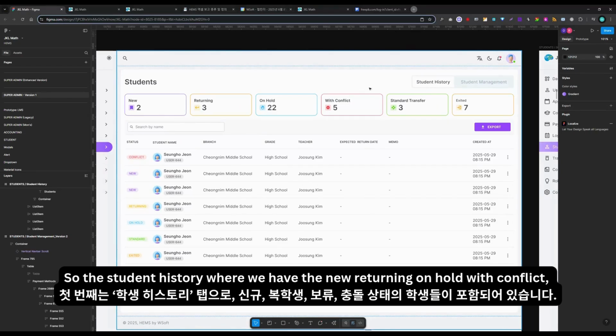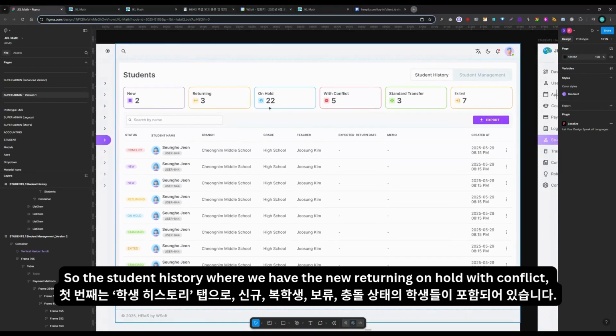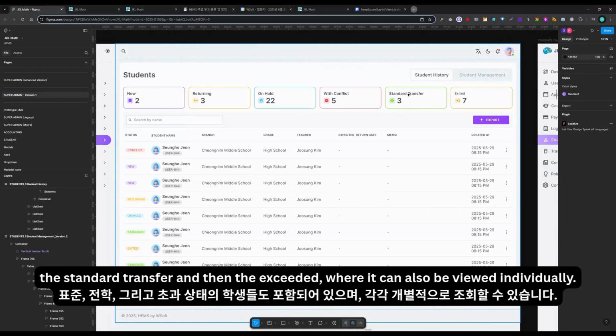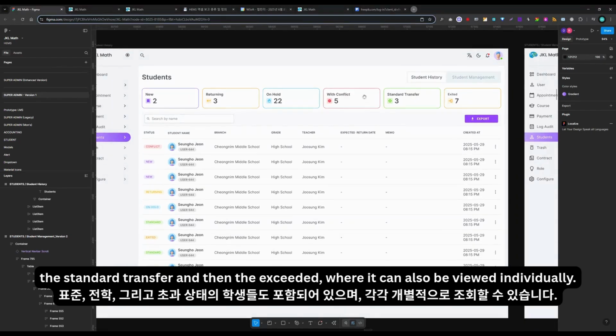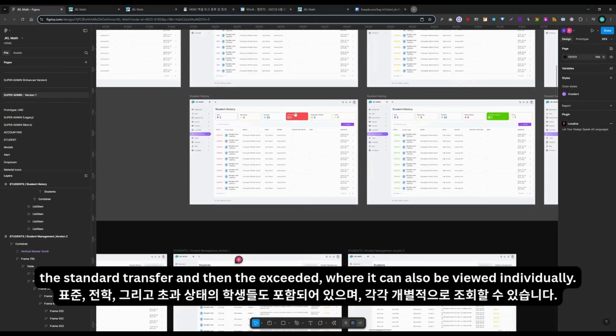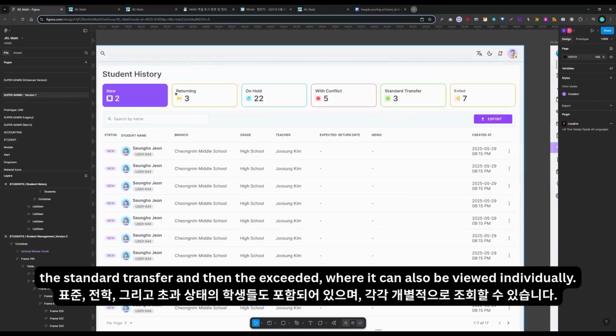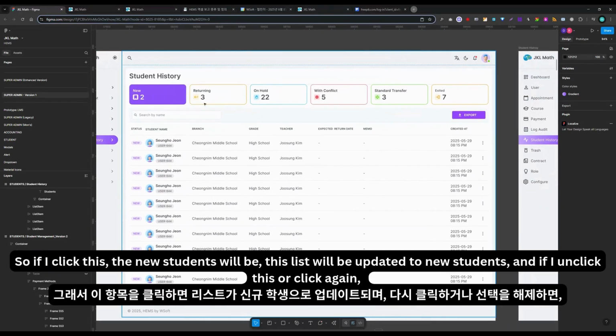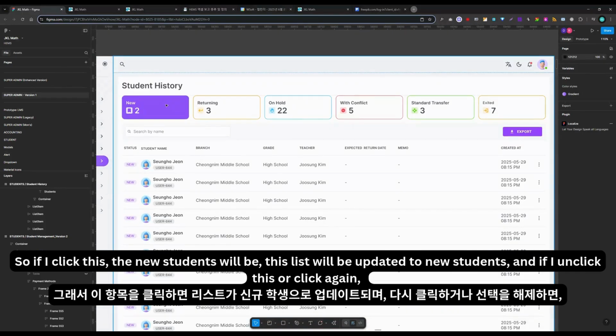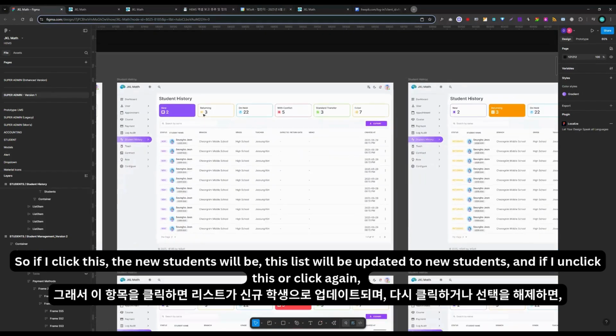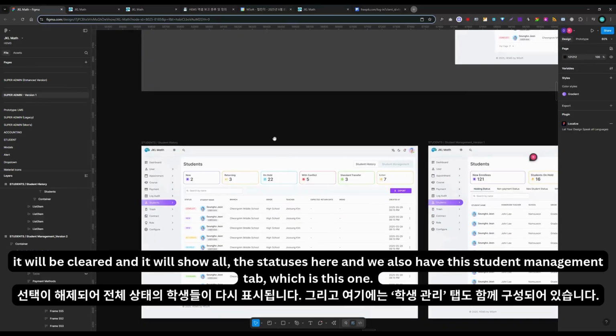So the student history, where we have the new, returning, on hold with conflict, the standard transfer, and then the exceeded, where it can also be viewed individually. So if I click this, the new students, this list will be updated to new students. And if I unclick this or click again, it will be cleared and it will show all